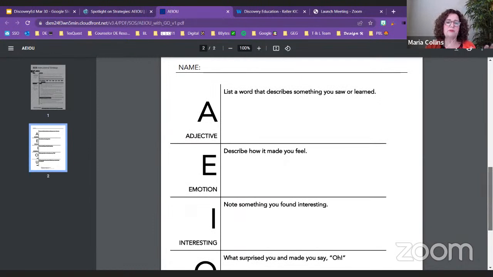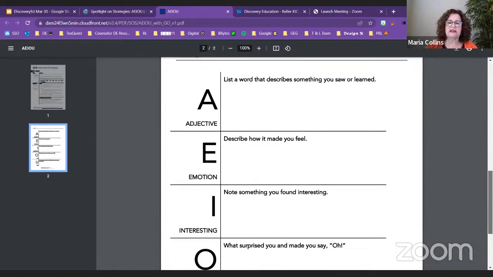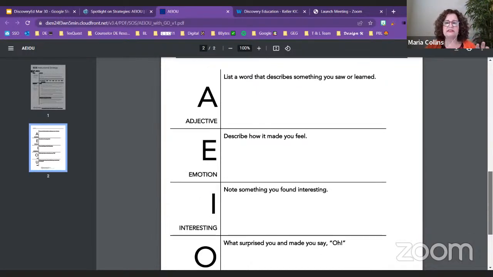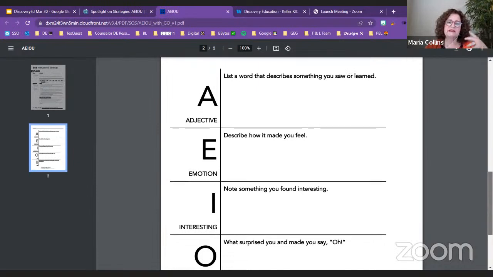So while I would probably not waste a sheet of paper and a copy, I might put this on the board and have students copy it either on their paper or their notebook, something like that. So again, these are really easy to use, quick strategies that can help students in a variety of ways, but it makes them, again, interact with the content, think, reflect, so that they're learning.